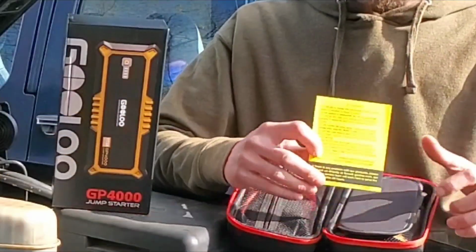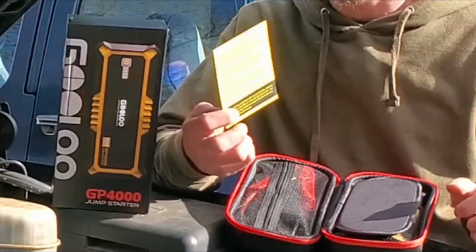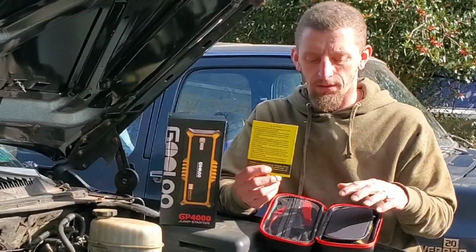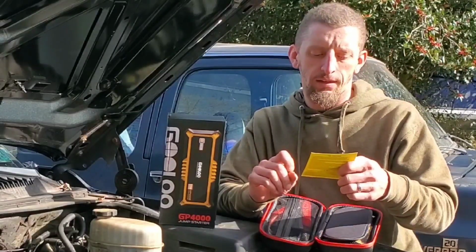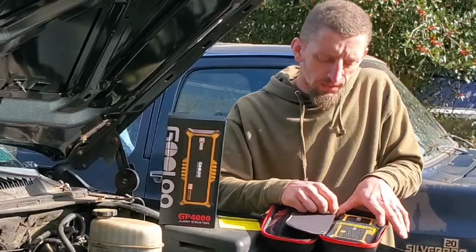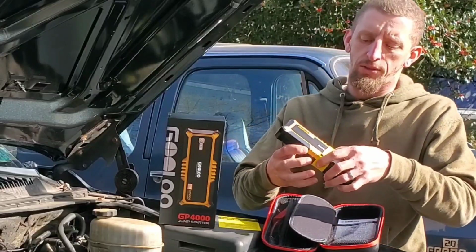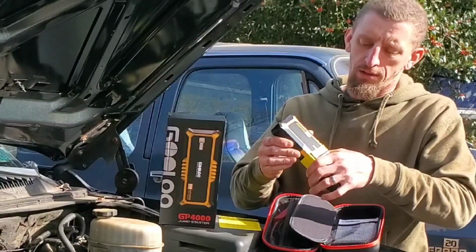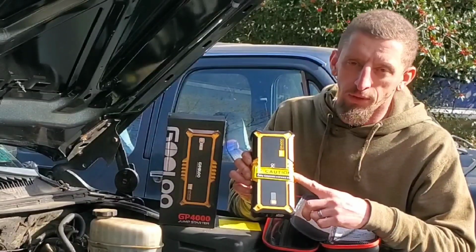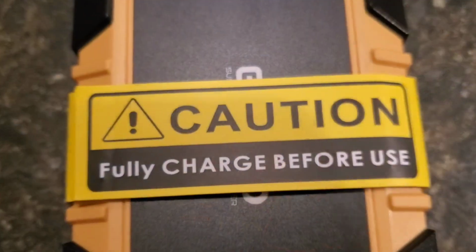notice that straight out of the gate there is a bright yellow sign that you cannot miss. These are just some simple little warning instructions on this particular unit, and then once you flip it over you will see the jump pack, and I put it back on just for the initial start of this video. But when you first open it, it's really hard to miss this caution sign, and it specifically says to fully